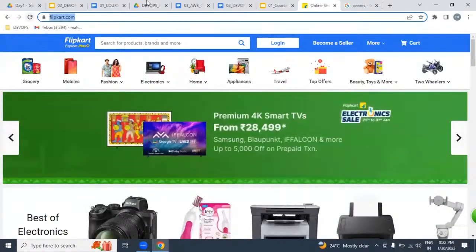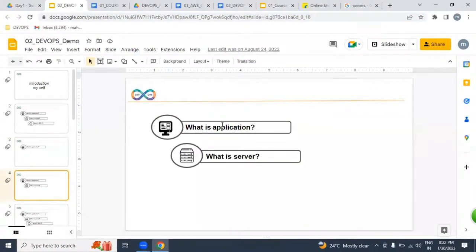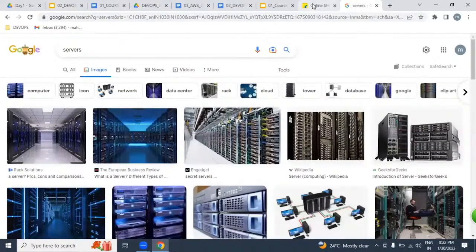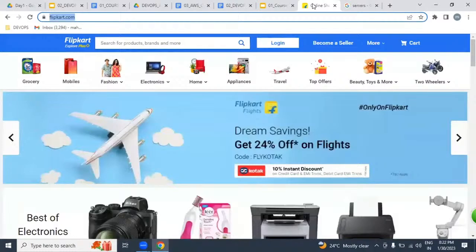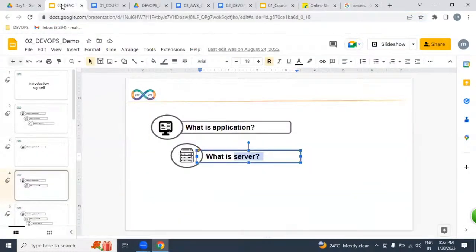I'll repeat this one more time. The working software, which we call an application, we place on the server side, and then we access it as a website. I hope you understood very clearly what an application is and what a server is.